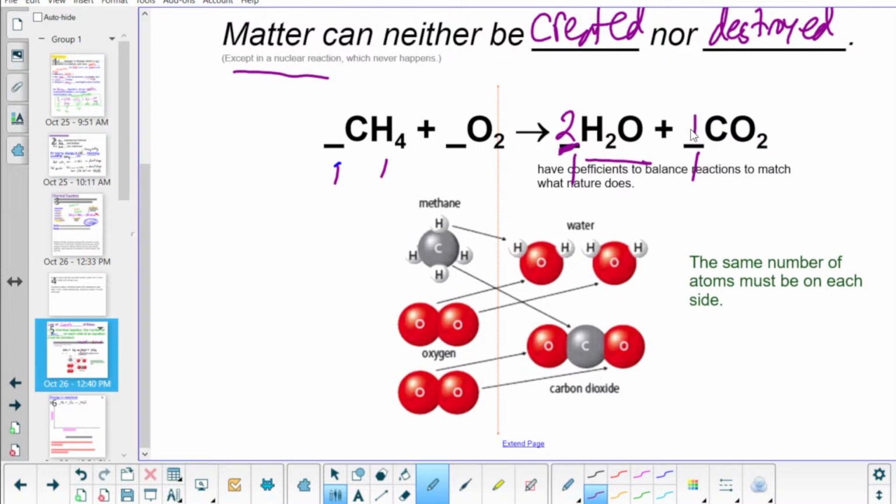Now we've got 6 O's on the right side. And then we got to add 3 O's on the left side. Well, you said 6 O's. How many O's do we have on this side? 4. Oh my God. You just made it harder. But if there are 4, what number needs to be on the front here? 2.